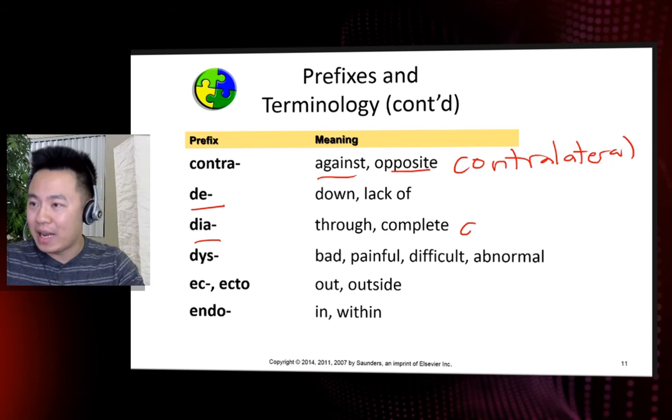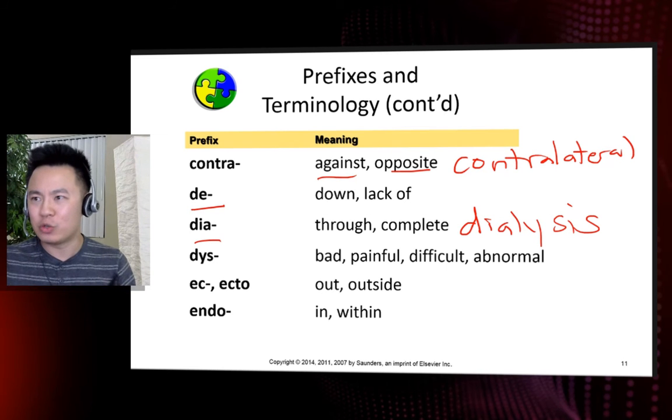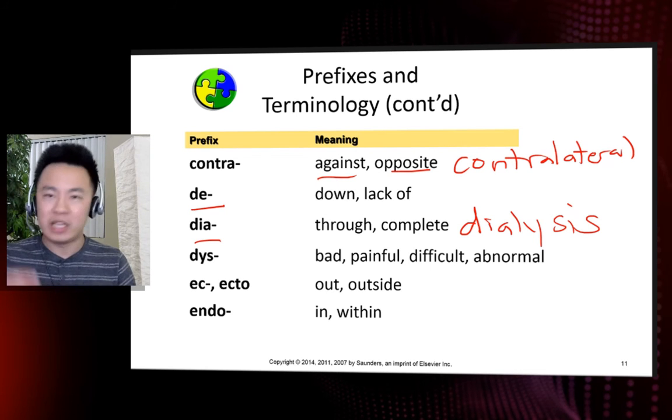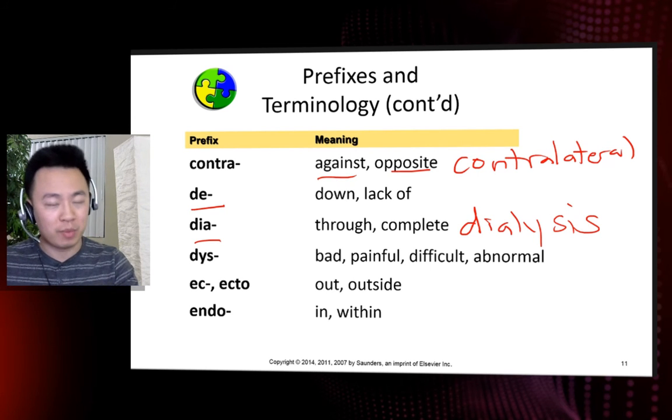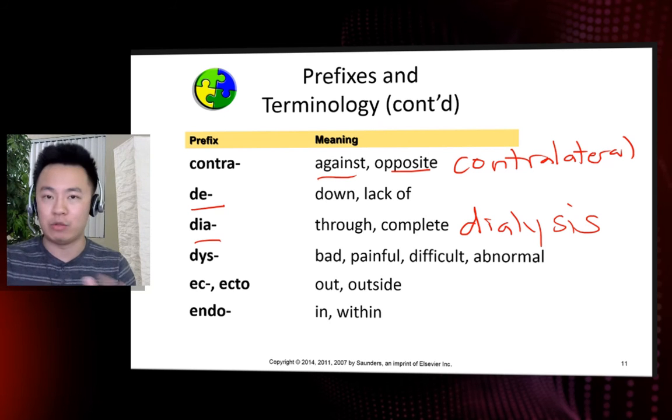Definitely dialysis. We just talked about that moments ago. It is a separation of wastes from the blood, but once again, lysis means breakdown, destruction, or separation. Dia means complete or through. So if you were to do the SLAP definition of this, it would mean the complete separation of, but we have no clue of what. So therefore, keep that in mind. It is the separation of waste from the blood. There are two types. There's natural dialysis from your kidneys, and there's artificial dialysis using a dialysis machine.